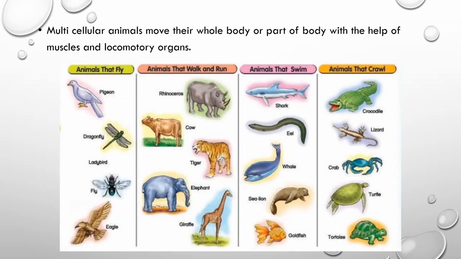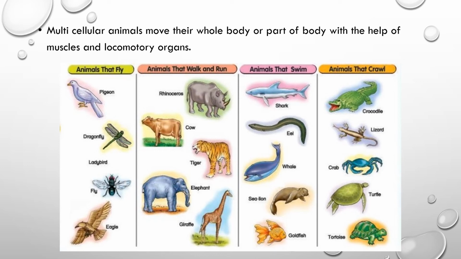Here in the diagram it shows different modes of locomotion shown by animals. Flying, walking and running, swimming and creeping movements are some examples of different locomotory movements shown